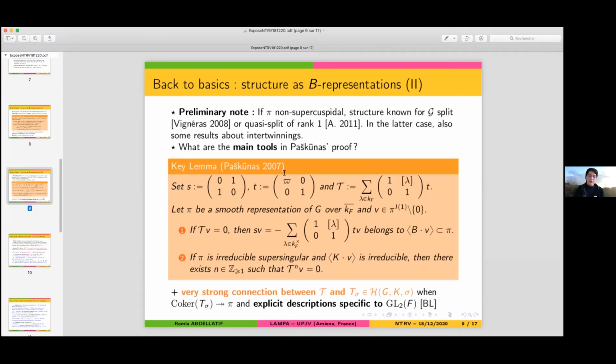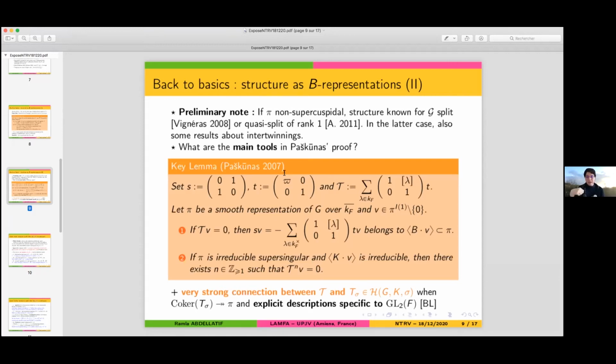And the other thing that is really strongly used is the explicit description specific to GL2F, meaning the fact that we have a hand on these co-kernel representations. Okay, if you go in higher rank, there is no such nice co-kernel representation appearing, not naturally. And being supersingular doesn't tell you that you're a quotient of a nice co-kernel representation. So here there is really this specific feature of GL2F that comes into the game, together with really explicit